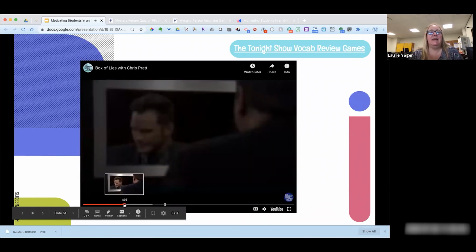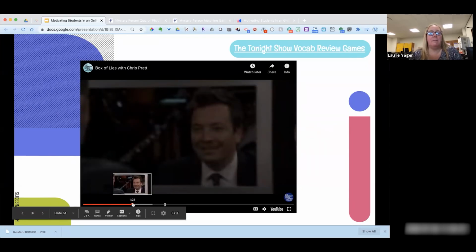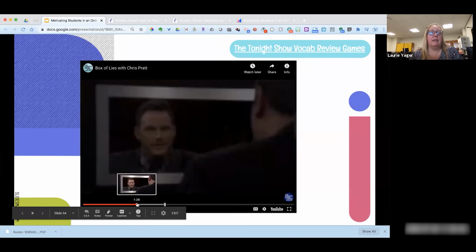So in the version on the Tonight Show, they actually pull boxes, but you could have pictures that you provide to the students, and they then have to, with a partner, describe it, and the partner has to decide if what they're describing is true or it's a lie. And having pictures of really weird things like